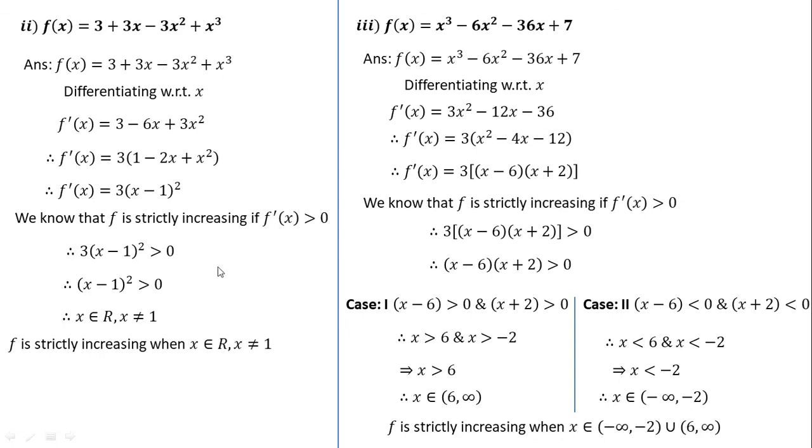So in all these three examples, first of all we have to find out the derivative of the given function, and as the function is given strictly increasing, we have to consider f dash x greater than 0. As per the required factors we have to decide the cases, or otherwise in this type of example directly we have to find out the values of x which satisfy that condition on the real line. So in this way you can solve all the questions related to increasing and decreasing functions.